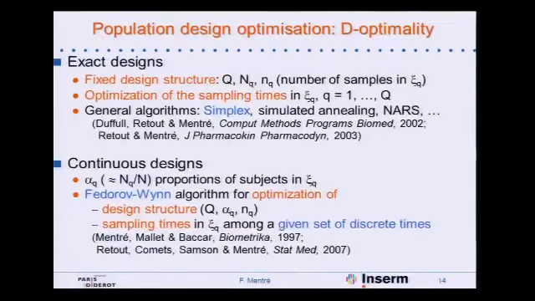How do we perform design optimization, where we're using the D-optimality criteria? You can use either optimal exact design or continuous design. For exact design, we assume that the design structure, so how many groups, how many patients, how many samples, is fixed, and we try to find only the best sampling times. And here I'm going to use only the approach using continuous design, or statistical design approach, where we optimize